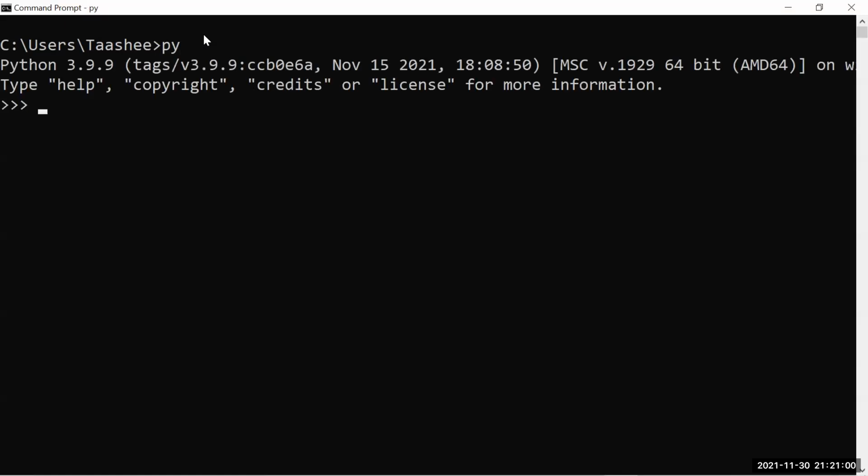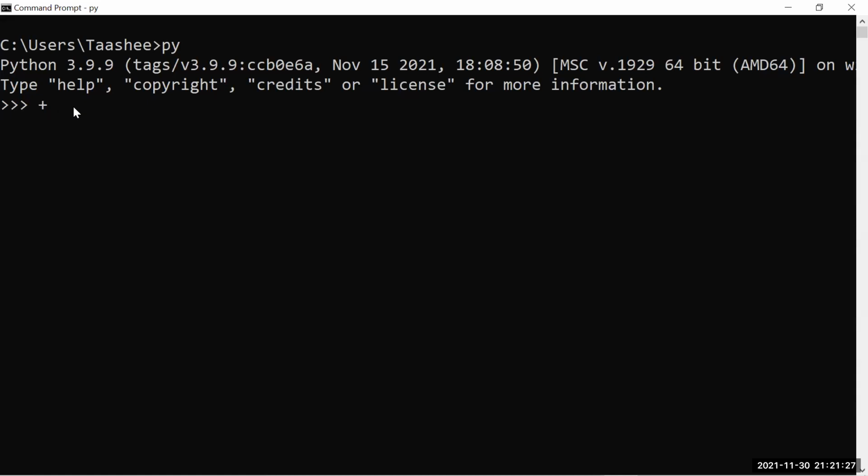So now we are in the Python terminal where we can execute Python code directly, right? Now we will see arithmetic operators. What are arithmetic operators in your mind? Plus, minus, division. Addition, subtraction, multiplication. Exactly. These are the operators which help us solve arithmetic operations.